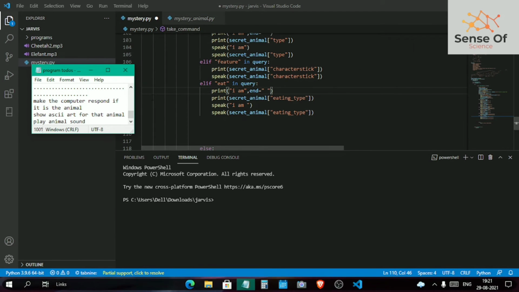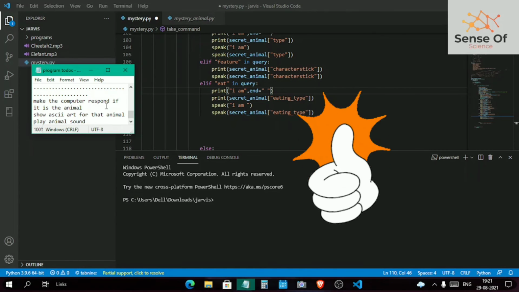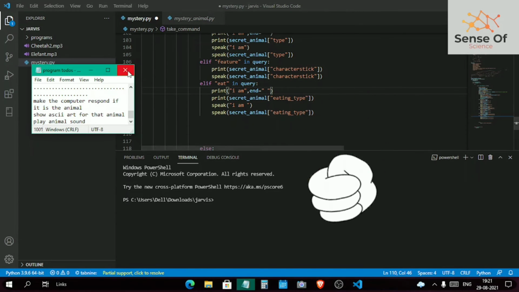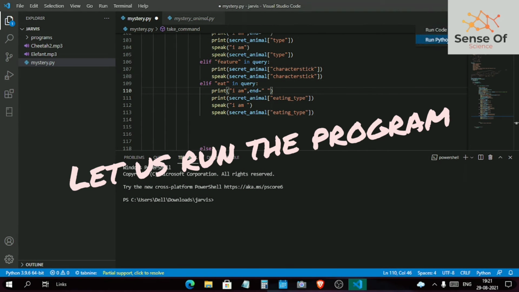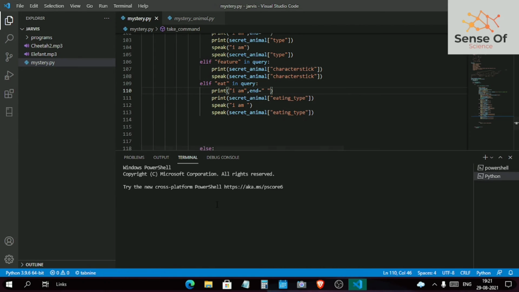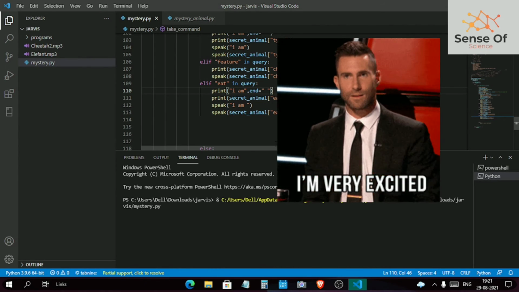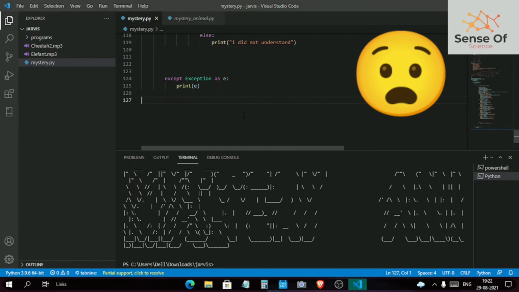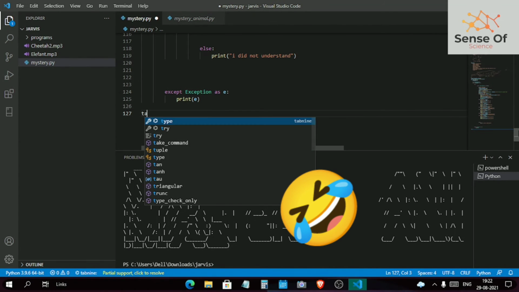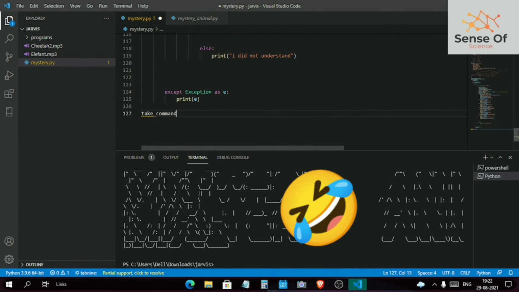Okay, alright, now I hope our program will work fine, and finally we have tackled all these to-dos. Let's close this up and try running our amazing program. When I ran the program, I realized I didn't call the function, which was a hilarious mistake to make, but sometimes it's fine. Let's run the program.